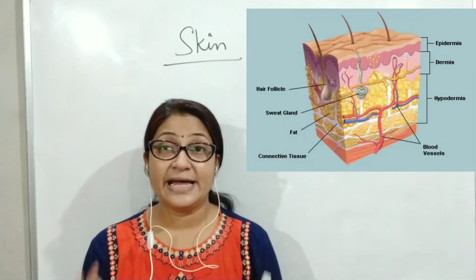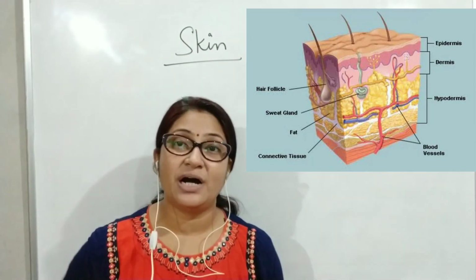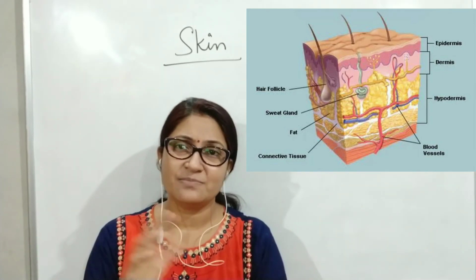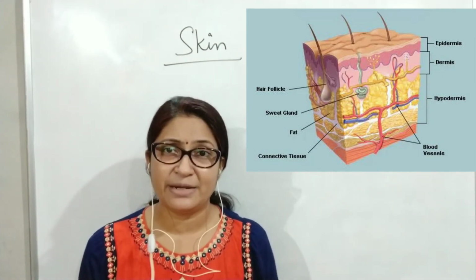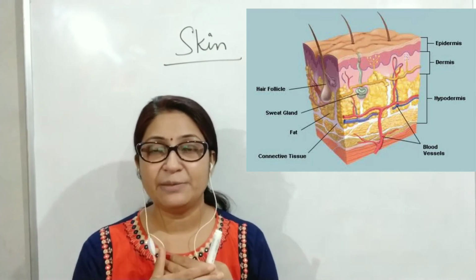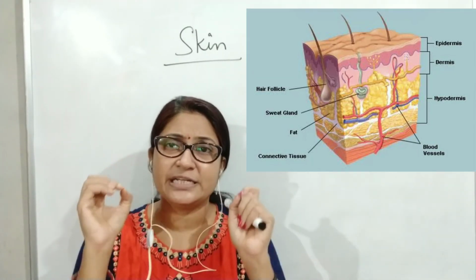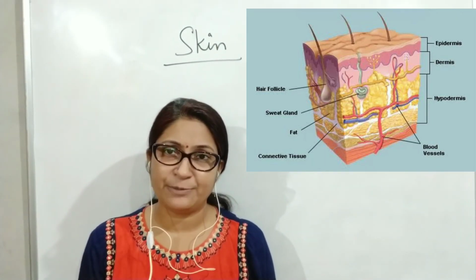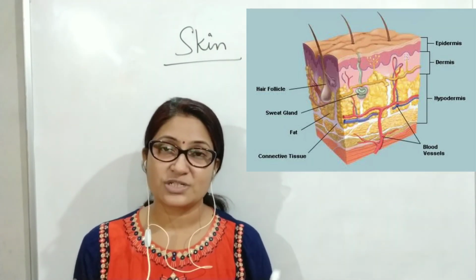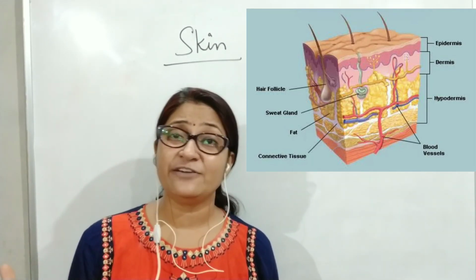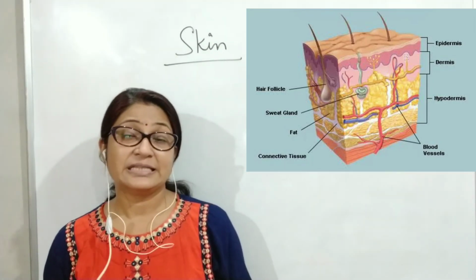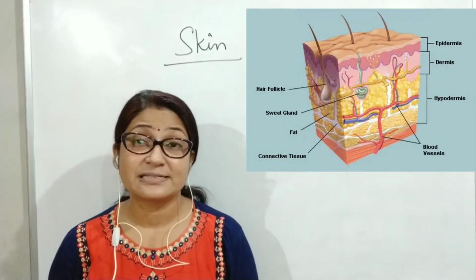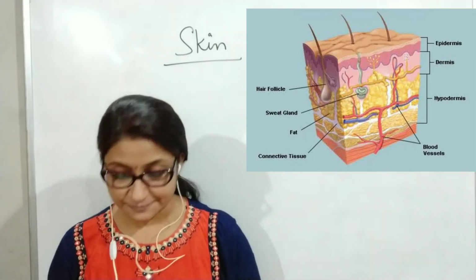Also, the skin acts as an excretory part of the body. Now it's so hot, I'm sweating. This sweat is the unwanted part in my body. So how does it come out? With the help of skin. Skin has very tiny pores through which this sweat, which is the unwanted product in the body, comes out. If skin would not be present, it would be very difficult to throw away this unwanted product in the body. So skin also helps as the excretory part of the body.